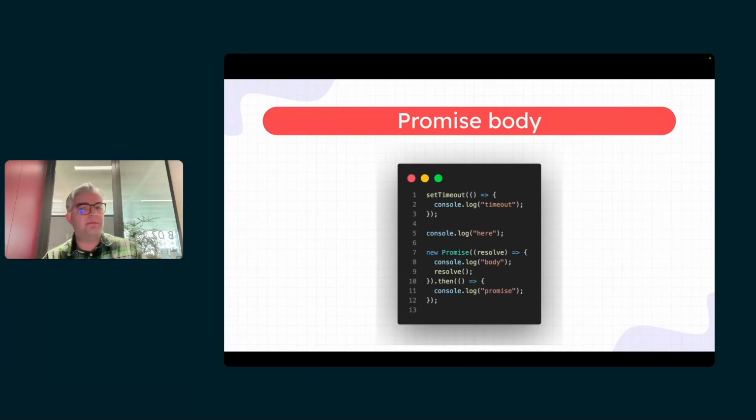So I want a custom-made promise and resolve it here instantly. Since inside the body of the promise I'm logging body, which one comes first? Our previous answer was here, then promise, then timeout. So what about body? Where does it land?